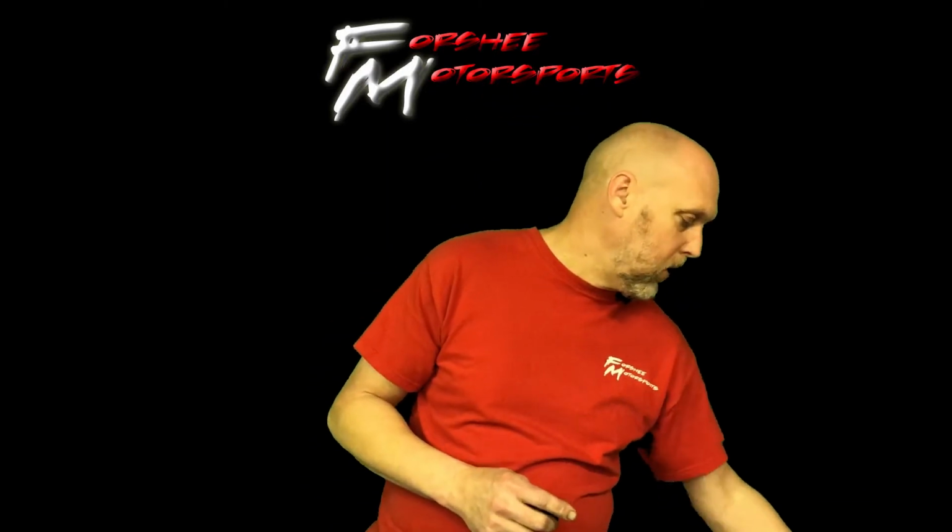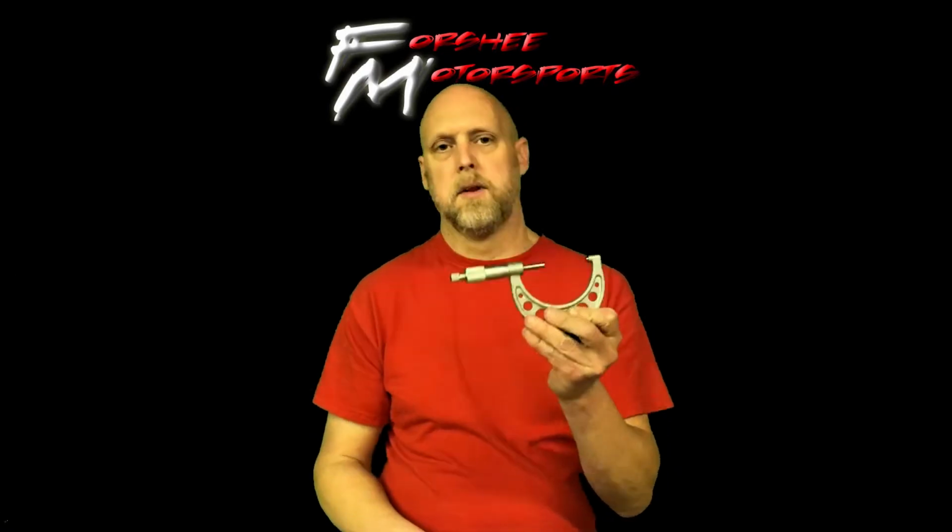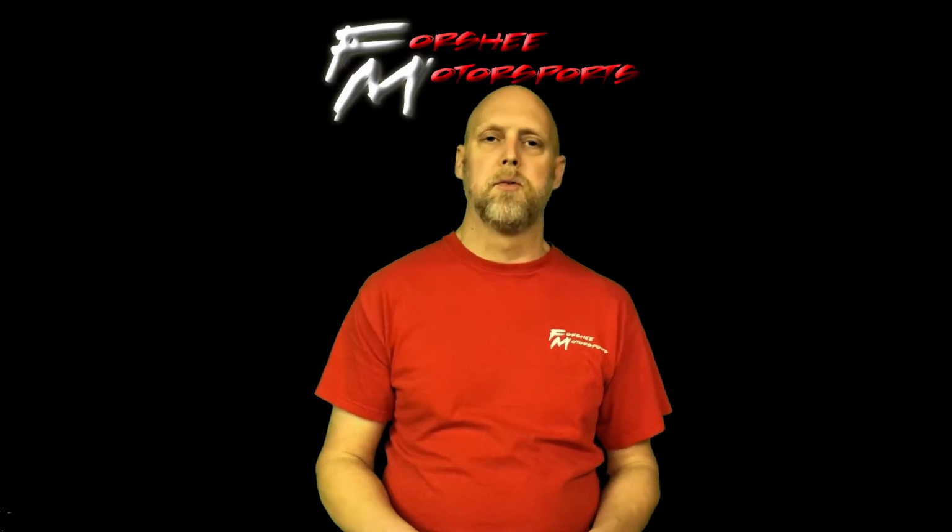A really important tool that you need for checking your piston to cylinder clearance is a micrometer. The micrometers, these things measure in tenths of a thousandths. And when you're doing a top end rebuild, you need to be able to measure the piston as accurately as possible. The piston to cylinder clearance is generally about 2 thousandths on most bikes. It can vary a little bit, but